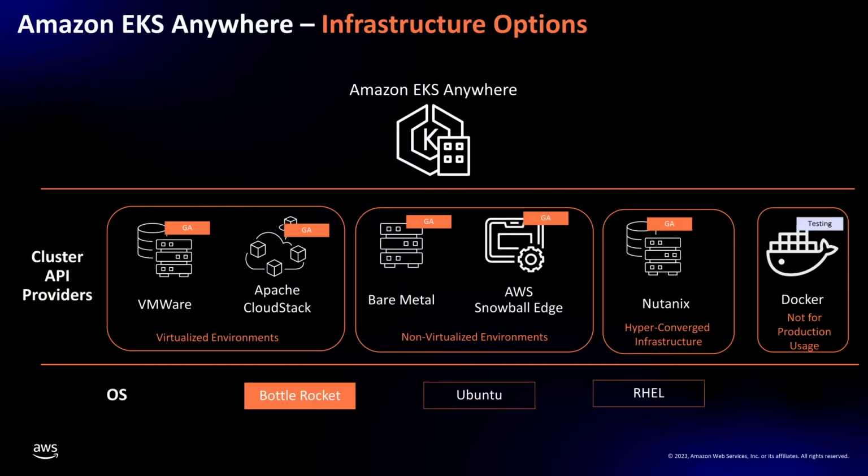I did mention that EKS Anywhere runs on a couple of things. I mentioned bare metal and VMware, but tying this back in, for virtualized environments we support two things: VMware and Apache CloudStack. The CloudStack booth is right over that way, I think. So if you're running vSphere on premises or running Apache CloudStack on premises, or customers that I've talked to recently, have